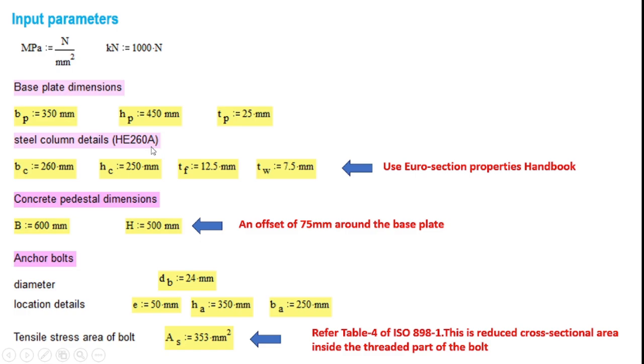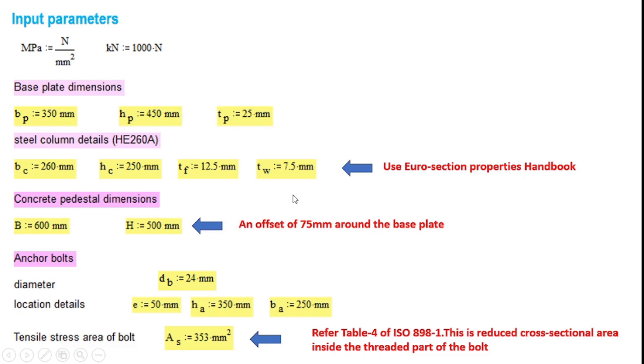a T260A, which is essentially a European cross section, and BC equal to 260 mm, that is nothing but the width of the flange, and HC equal to 250 mm. This is the depth of the cross section, and TF, the thickness of the column flange, is 12.5 mm, and TW, the web thickness, is 7.5 mm. And to help you out, I have written here, you can take all these dimensions from a standard handbook on